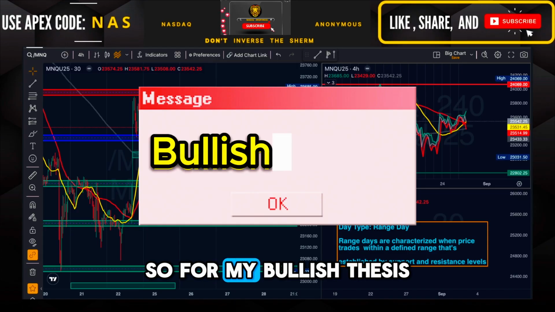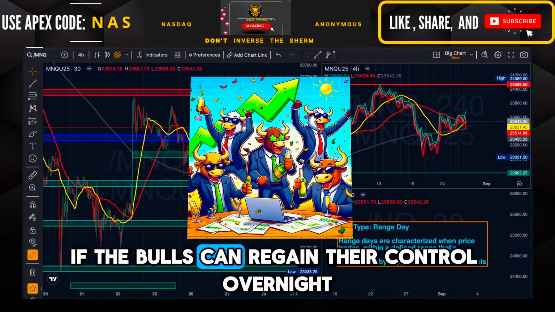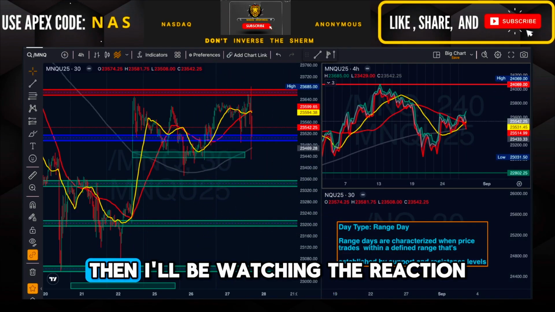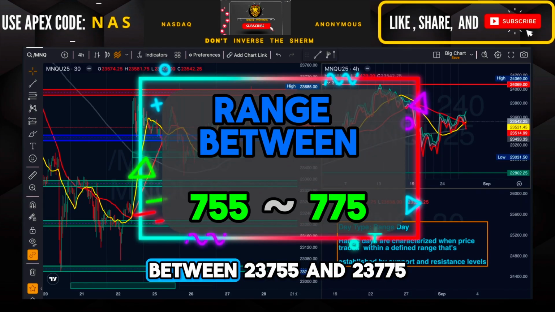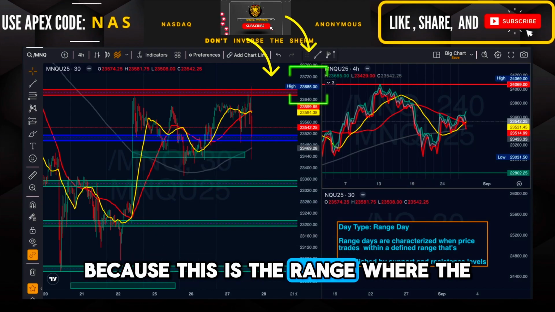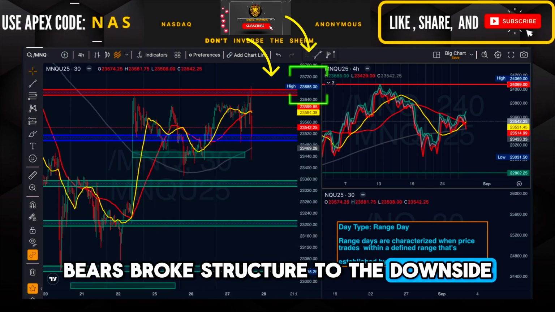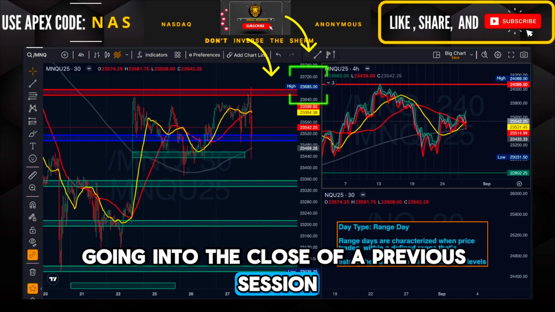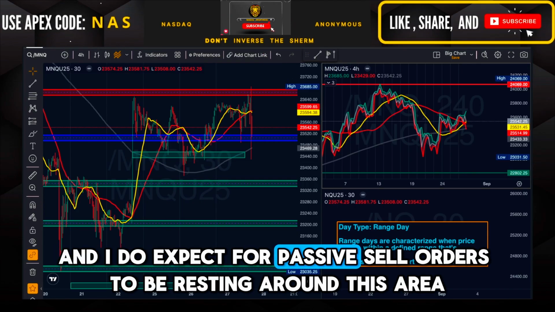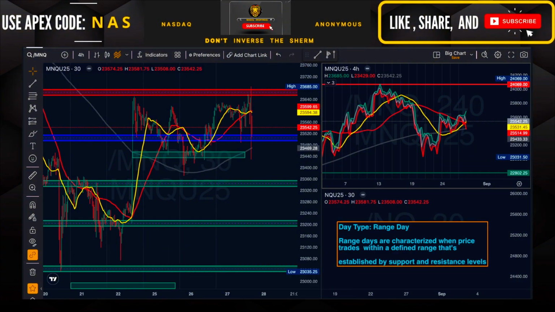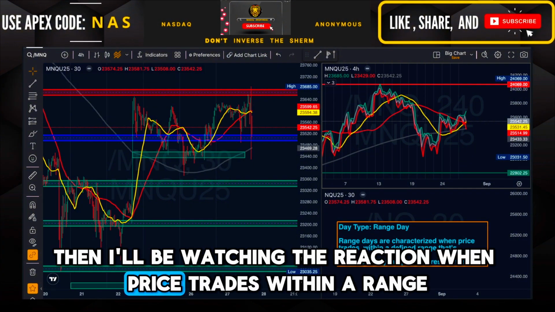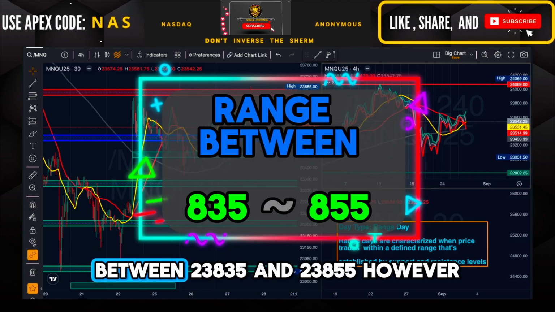So, for my bullish thesis, if the bulls can regain their control overnight, then I'll be watching the reaction when price trades back within a range between 755 and 775. Because this is the range where the bears broke structure to the downside going into the close of a previous session. And I do expect for passive sell orders to be resting around this area to sell the retest. But if they fail to regain control, then I'll be watching the reaction when price trades within a range between